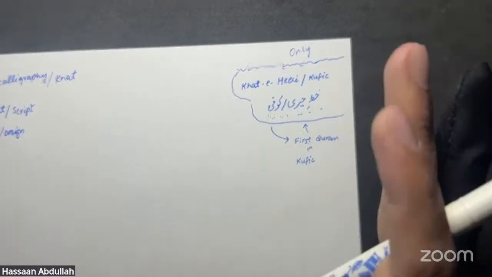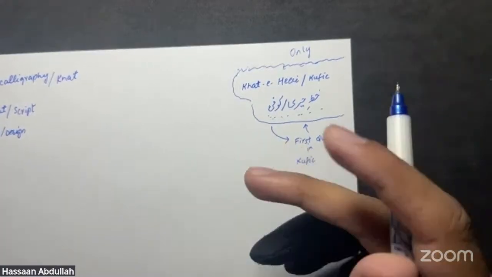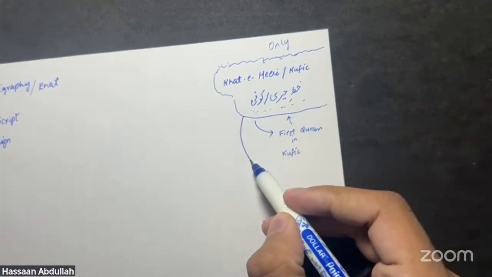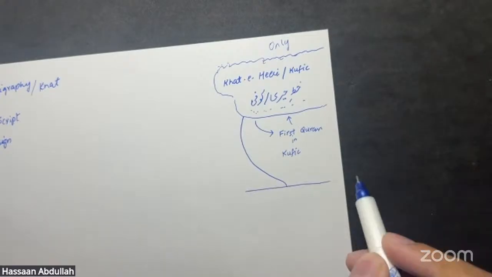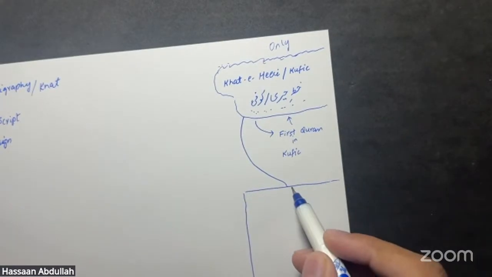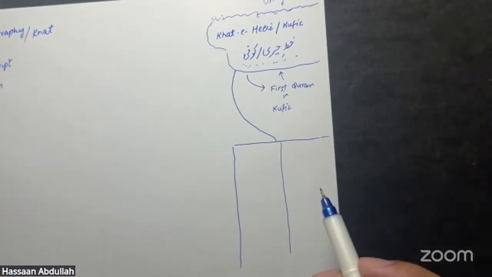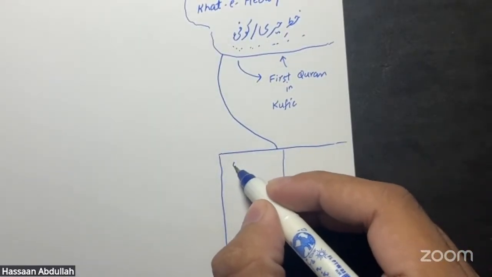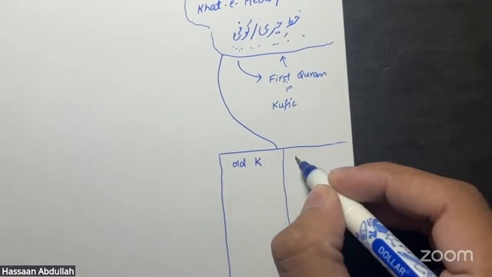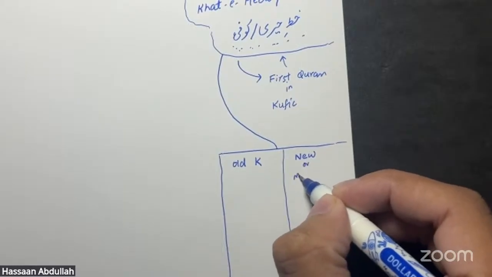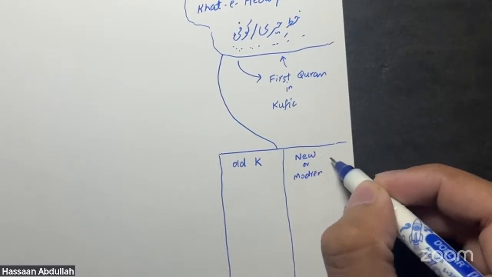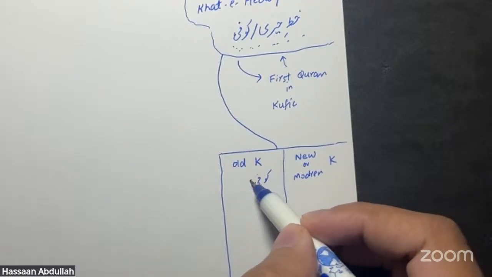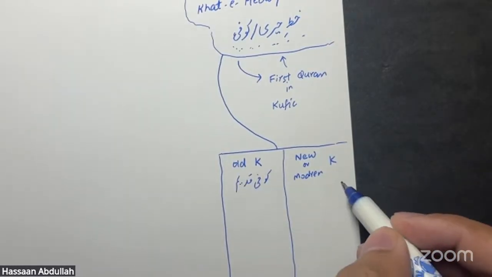And if we see now, Khatte Kufi is not one variation. Khatte Kufi has so many variations, and the reason for that is, first of all, I'm going to write the variations broadly. Khatte Kufi is divided into two categories. The first one you can call old Kufic, and the other one is new or modern Kufic. In Arabic or Urdu, you can call it Kufi Qadim, and this one Kufi